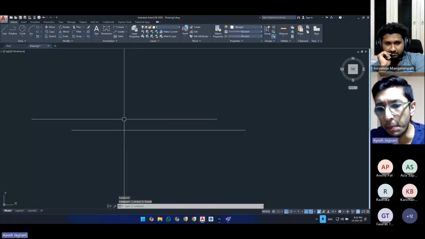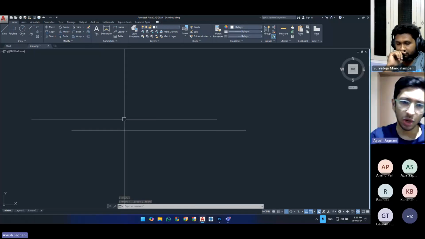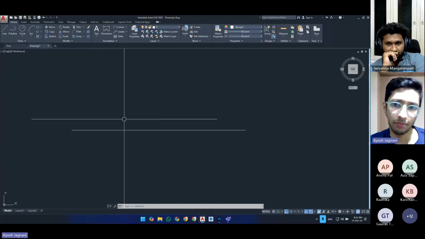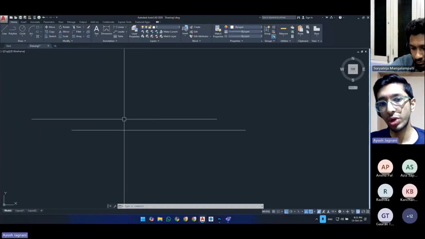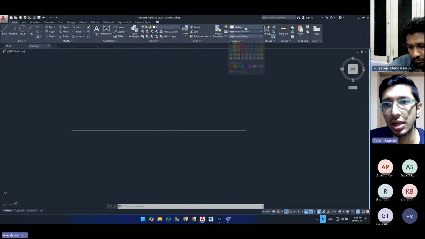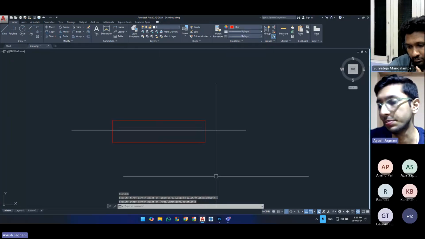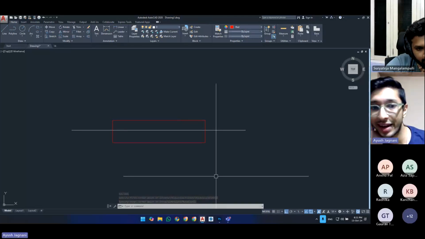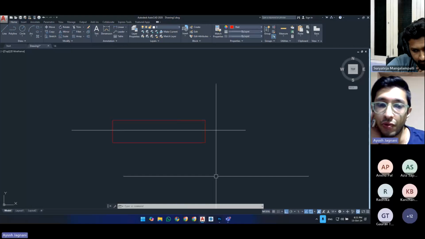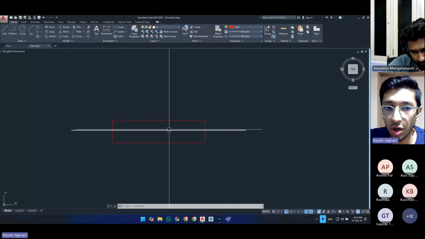Whenever you need to delete a part of the object, you use this command called trim. And this you can note down. There are 3 steps to trim. First, you identify the portion you want to delete. In my case, let's say I want to delete this much area, the central part. The second step is you need to find one or more objects that intersect the original object